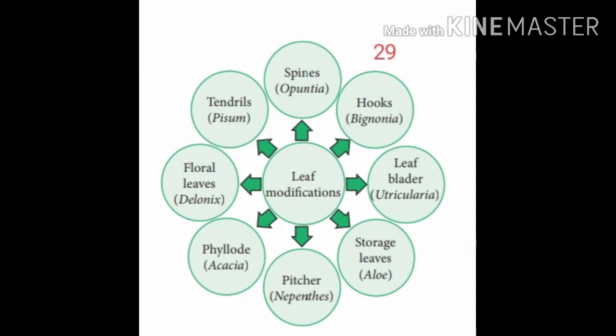Leaves are modified. They have changed their structure for a specific purpose. Leaf tendril: in some plants where the stem is weak and requires support, a tiny wiry structure is formed in place of leaves and gives support. Leaf hooks: some leaves are transformed into hook-like structures and attach themselves to other plants. And spines, as we know, to reduce transpiration, leaves are changed into spines. Storage leaves we have also seen in xerophytes for the storage of water.